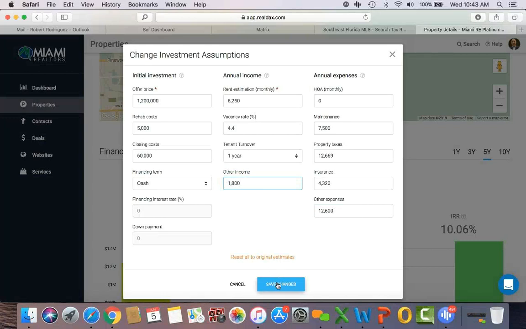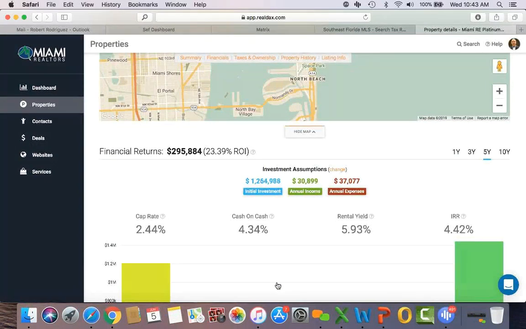in annual income. Hit save changes, and this property is actually returning 4.34% cash on cash on a year-to-year basis. And at a 5-year holding period, you're looking at a return on your investment of 23.39%. And if you go to 10 years, you're getting 42.44% return on your investment on a sole cash offer